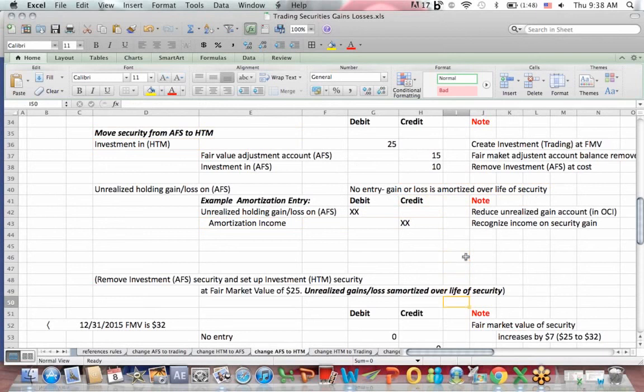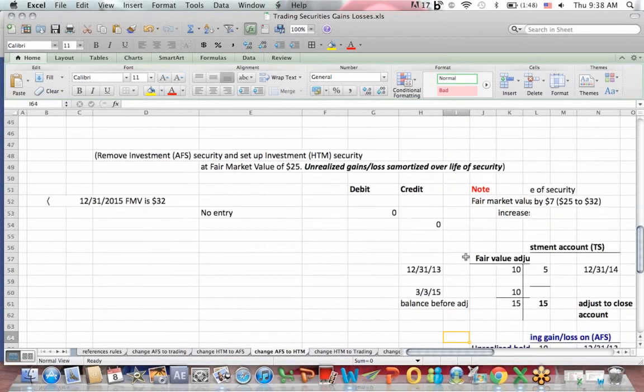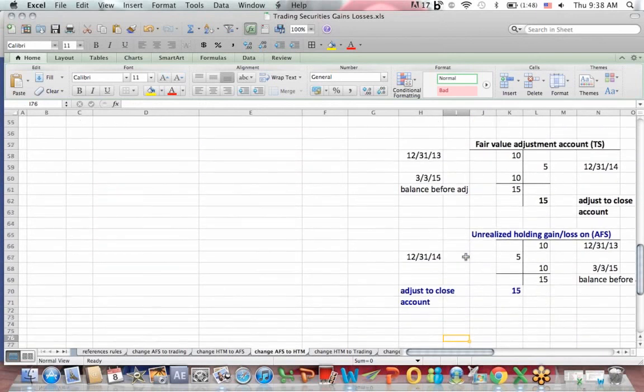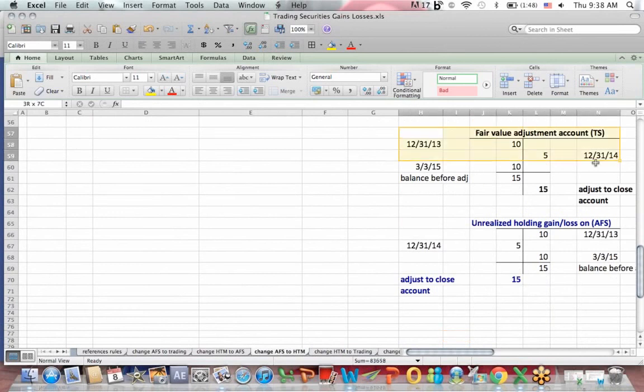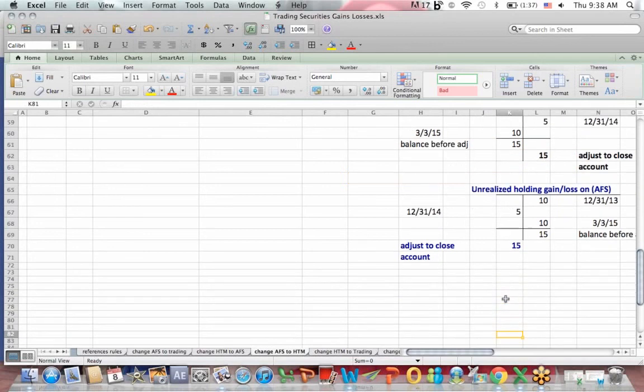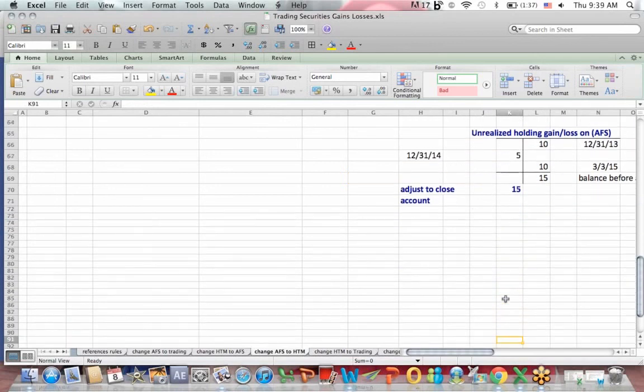One last thing I wanted to point out here is that an easy way to keep track of what's going on in these accounts is to set up a T account. So I had a $15 debit balance in the fair value adjustment account. We credited it to remove it when we switched to hold to maturity. And further, this is the unrealized holding gain loss account. I knew I had a $15 credit for a gain as of March 3rd. So over time, we're going to